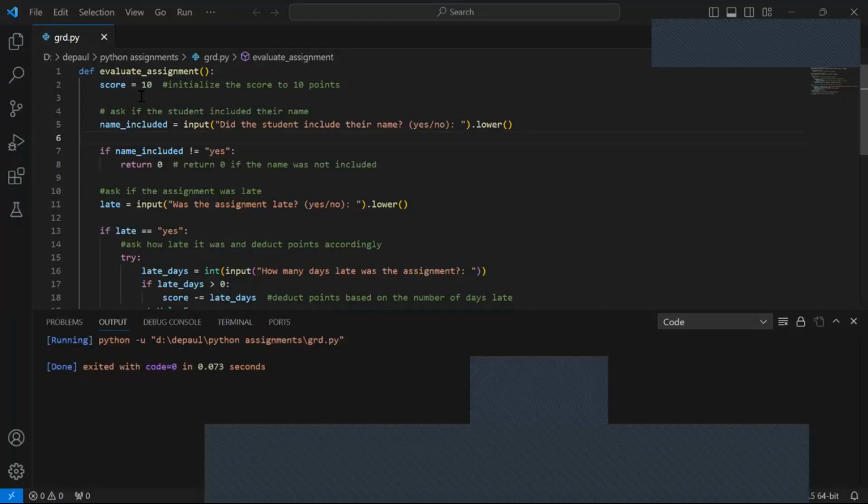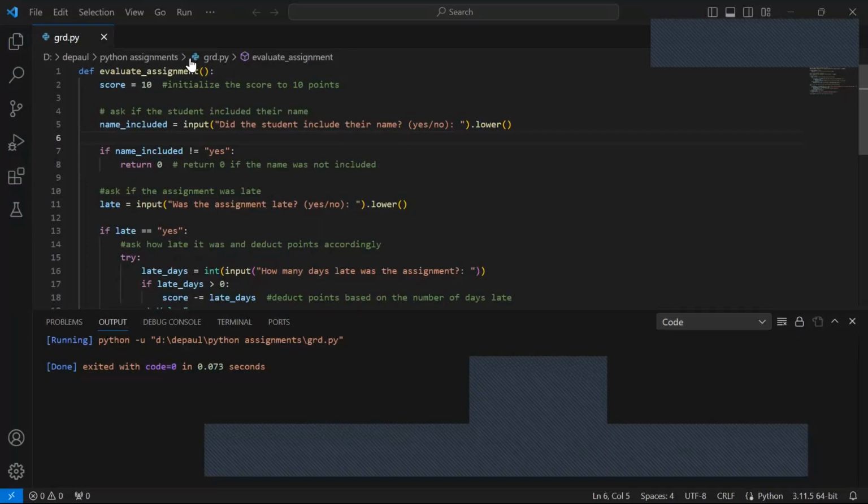This video is about a Python assignment, about the evaluation of a student. So, if we look at the code, first we have to define an evaluate assignment function. Now, initialize the score equal to 10,